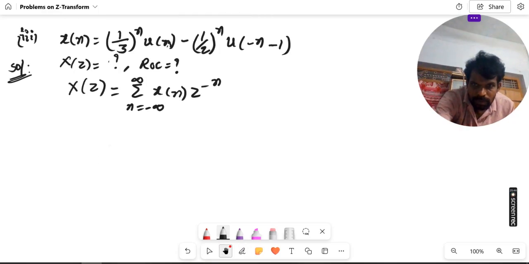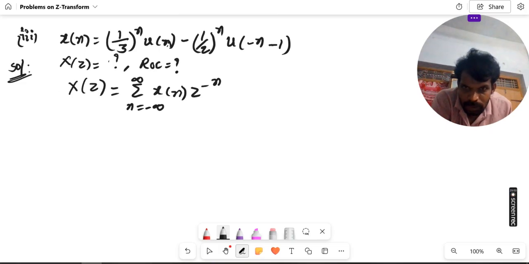Now let us substitute the given x of n, that is summation n is equal to minus infinity to infinity 1 by 3 power n into u of n minus